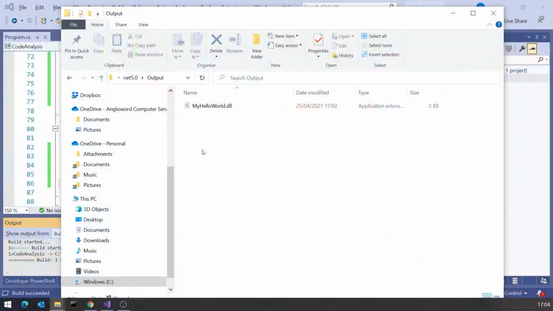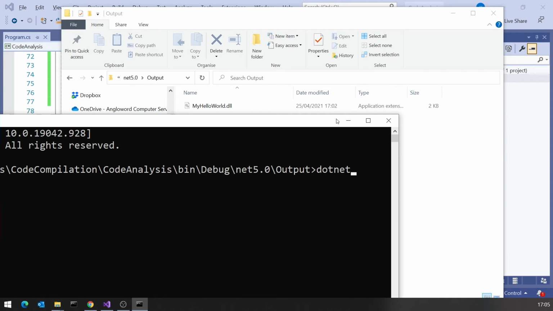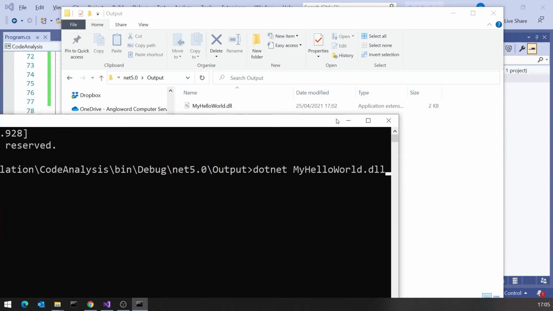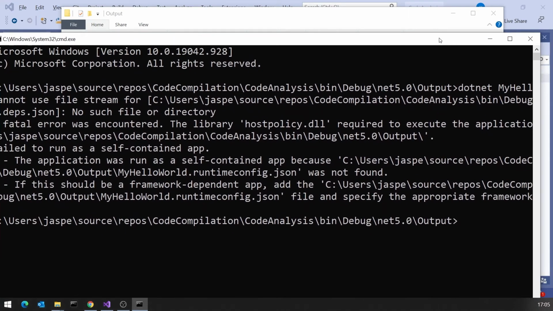So all that's happening in that executable program that you get generated by Visual Studio in lots of circumstances like this, it is just wrapping up basically that .NET code analysis.dll. So that's why if we then take a look in our output that we've got this my hello world.dll. And if we again bring up a command prompt, then it should simply be a case of saying .NET my hello world.dll. But it's not. We get this error, which is a horrible one when you see it, but it's actually pretty simple to fix.